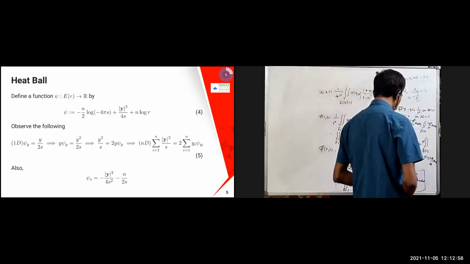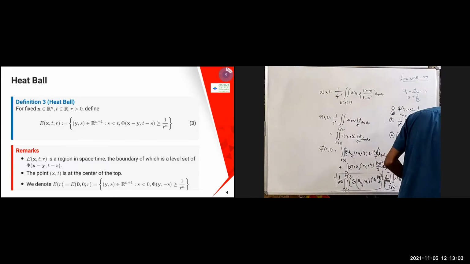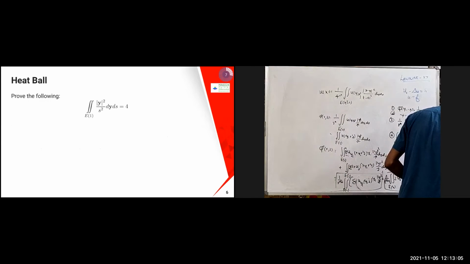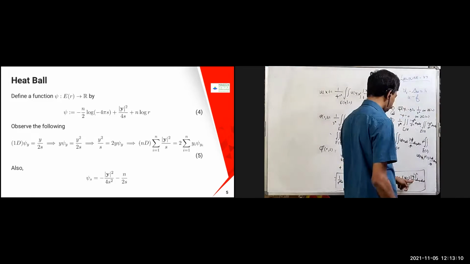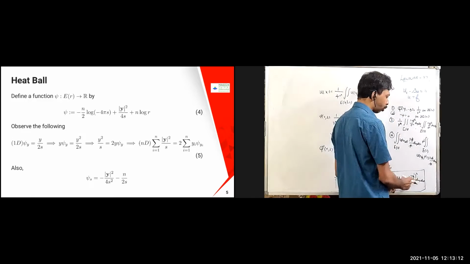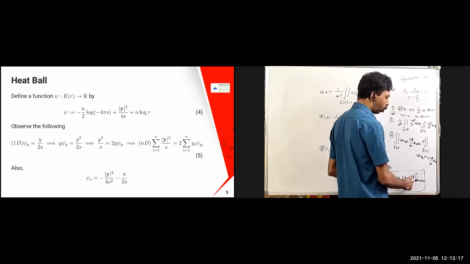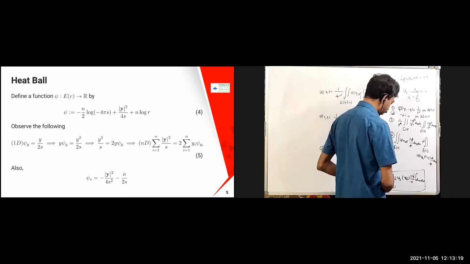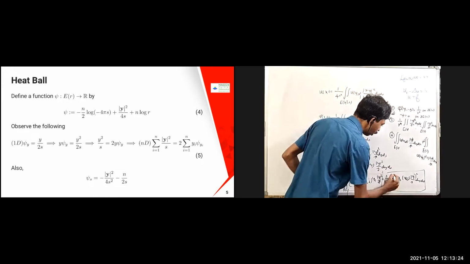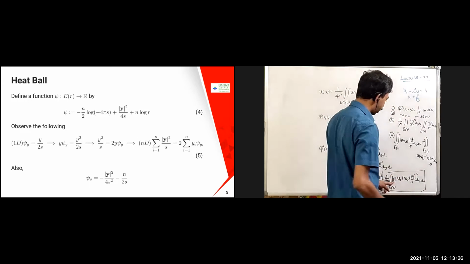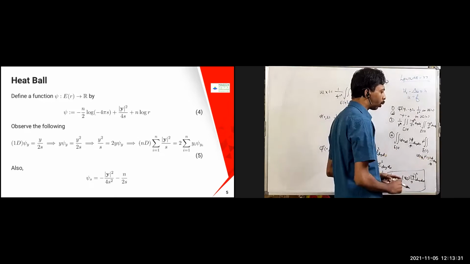So psi y square by s square is going to become y square, summation y square s square, so y square s is there. This is going to become 2 into y into psi y. For this one, 2 into mod y square by s. Sorry, I forgot the summation here once again, there is a summation here. The summation of 2 mod y square by s is there, so that is going to become 2 into yi psi y.